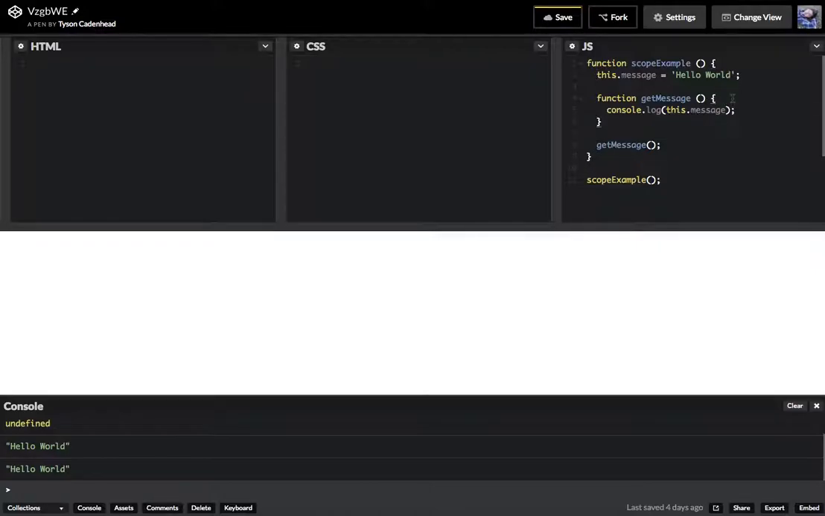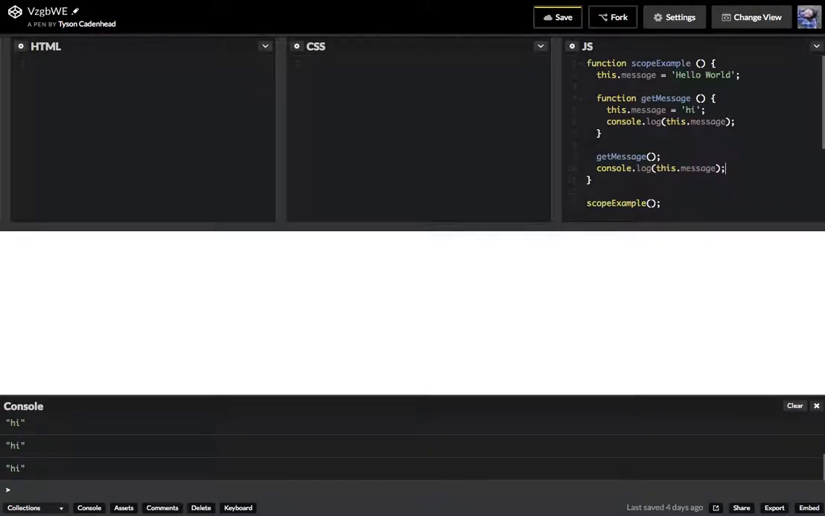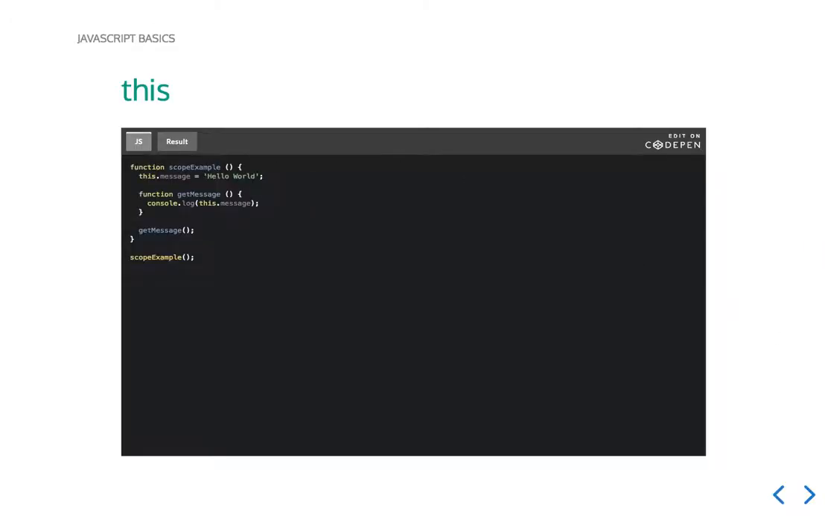Another thing to remember: if we say this.message equals hi right here, of course when we log that out it's going to say hi. But if we go down here after we've called this.message and we console.log this.message, this will be the second thing that shows up. You see hi has been overwritten by this.message right here. So it can be confusing what this is in a certain context, and I'll show you why in a second, because you can actually change what this is